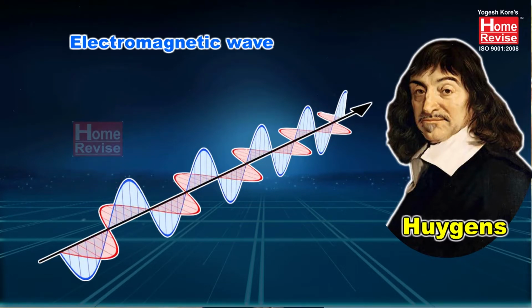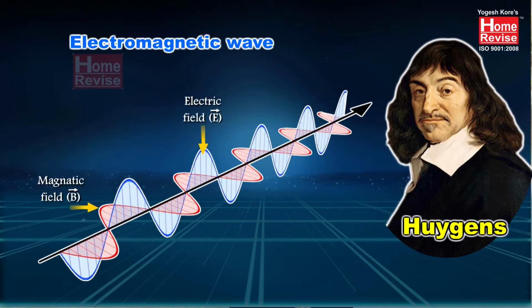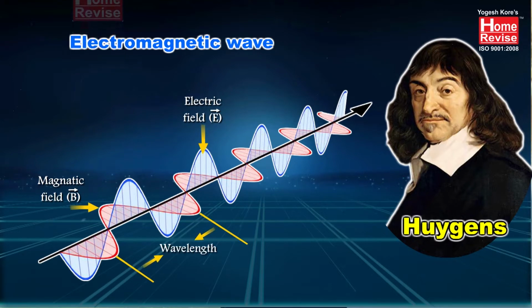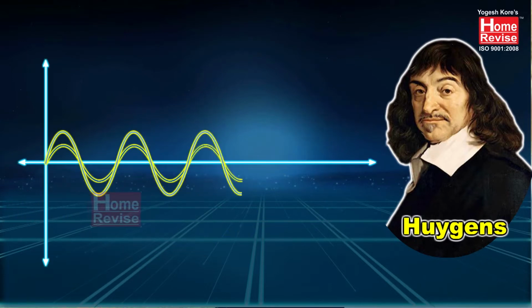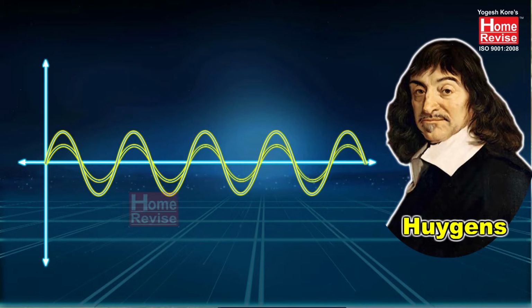What is an electromagnetic wave? An electromagnetic wave is a wave formed by the combination of a magnetic field and an electric field. The magnetic field and electric field travel perpendicular to each other, meaning electromagnetic waves or light waves are transverse in nature. Now, if light travels in the form of waves,